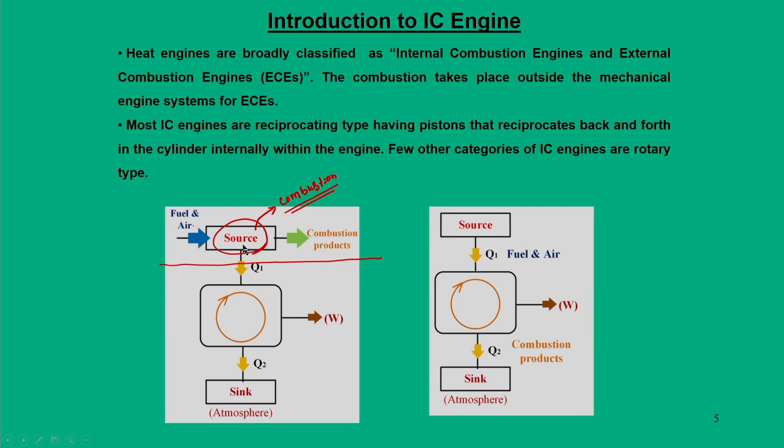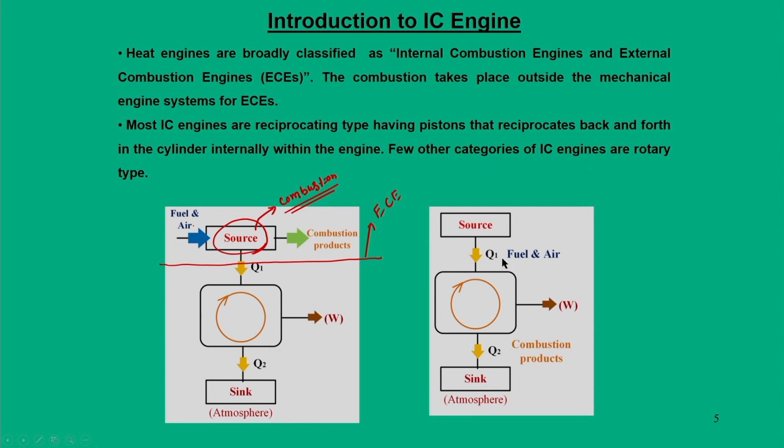Typically, one example we can give is a boiler. The boiler in a steam power plant receives fuel and air mixture, and somewhere outside this boiler the combustion takes place, and that heat is used to change the state of water to steam, and finally the combustion products go out. So, this particular part we say is EC, external combustion engine, but that is not part of this particular module. We will mostly concentrate on the internal combustion engine part.